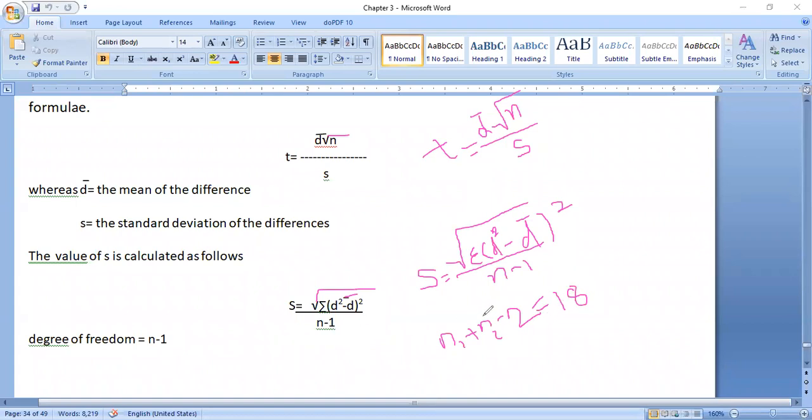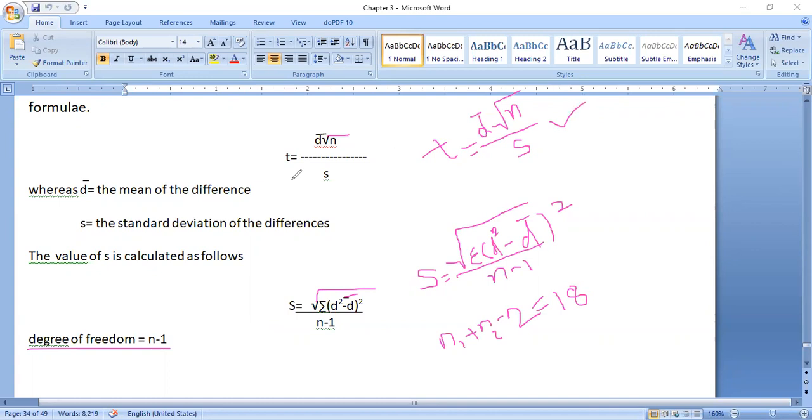In the dependent samples, degrees of freedom is equal to n minus 1. Here two types of information are available, drug A and drug B, but we need to consider only 10 values. While we are discussing the problem, we will get clarity. So this is the formula. Please note down the formula and memorize it compulsorily. If you are unable to memorize this formula, then you are unable to solve the problem from the examination point of view.